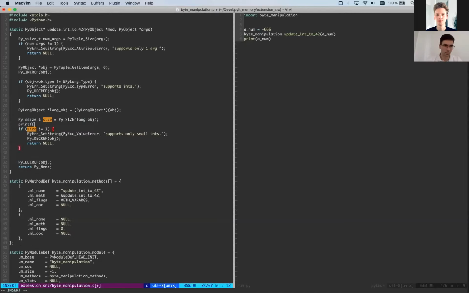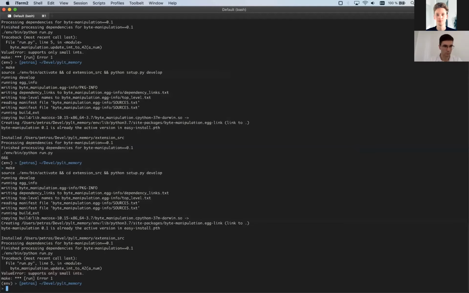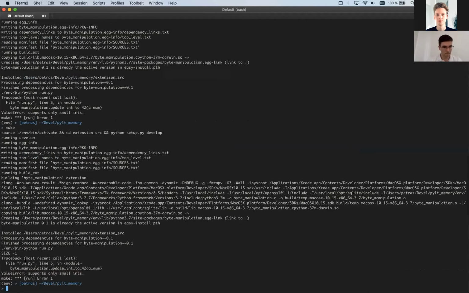I can prove that actually with ld and size. So size is -1, which is nonsense. Size cannot be below 0, but this is the hack for Python to store negative integers.